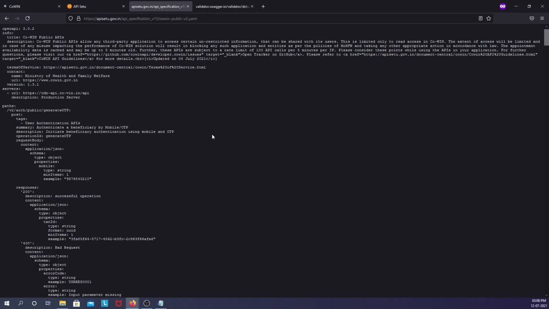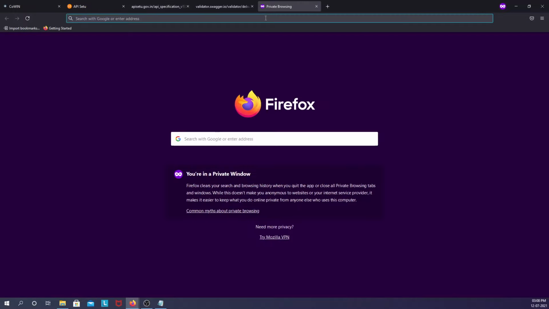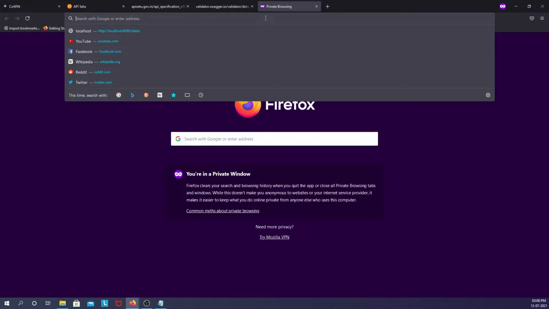Once we get this YAML representation, we can generate the model and the controller, I mean the API endpoint invocation logic, using Swagger. So first we'll be starting with building a Spring Boot application.